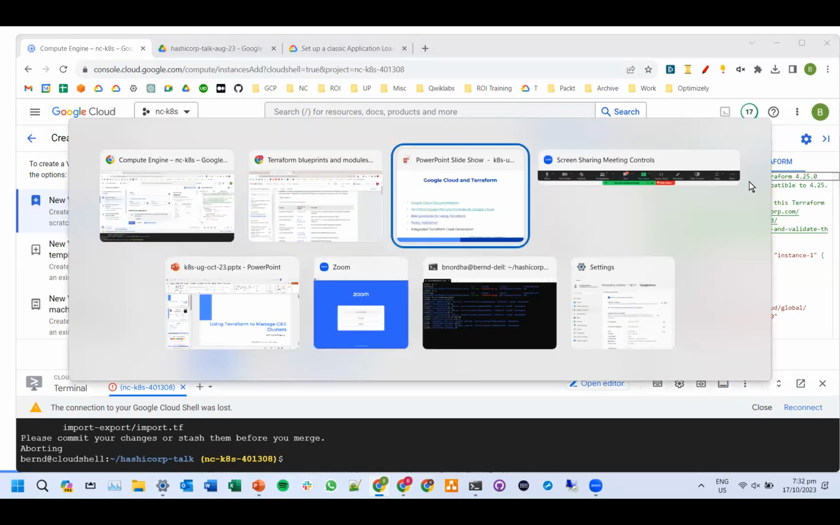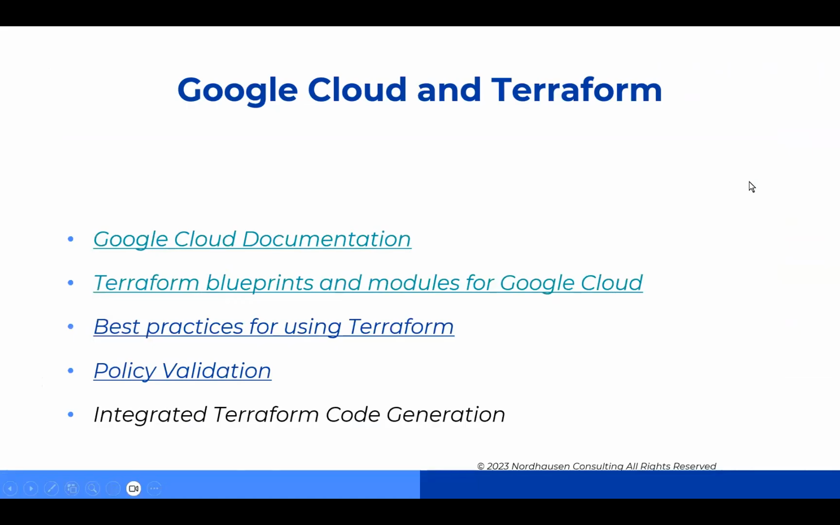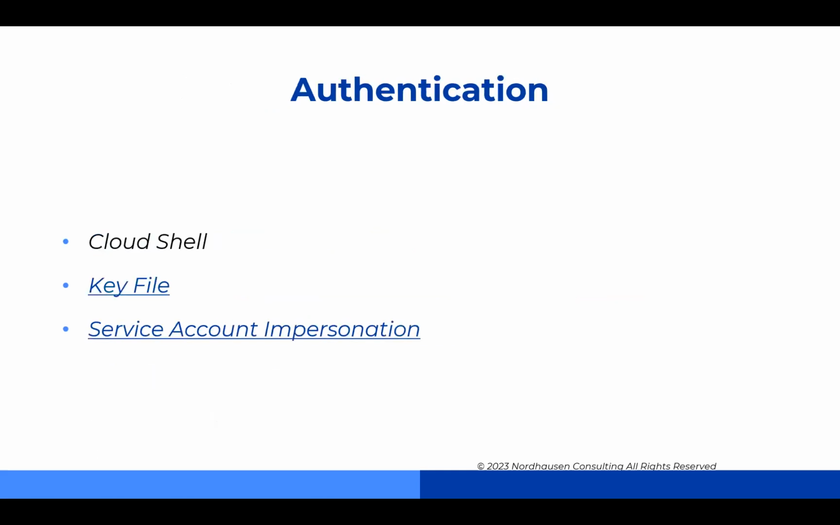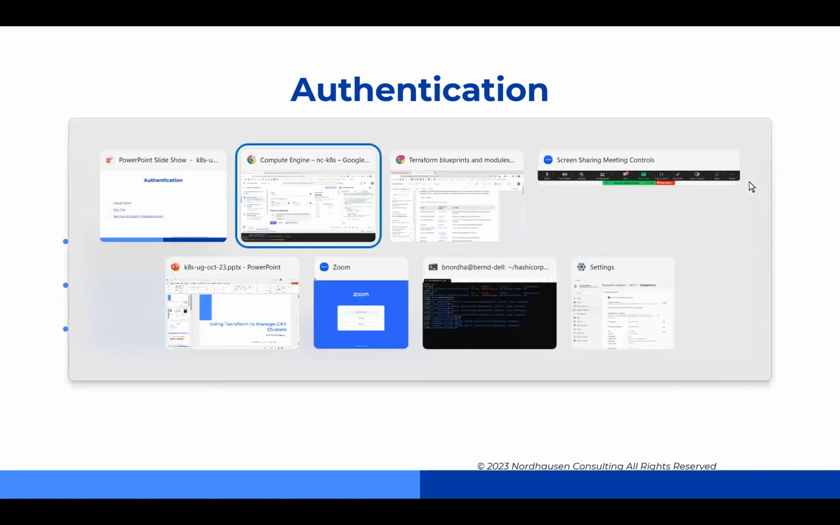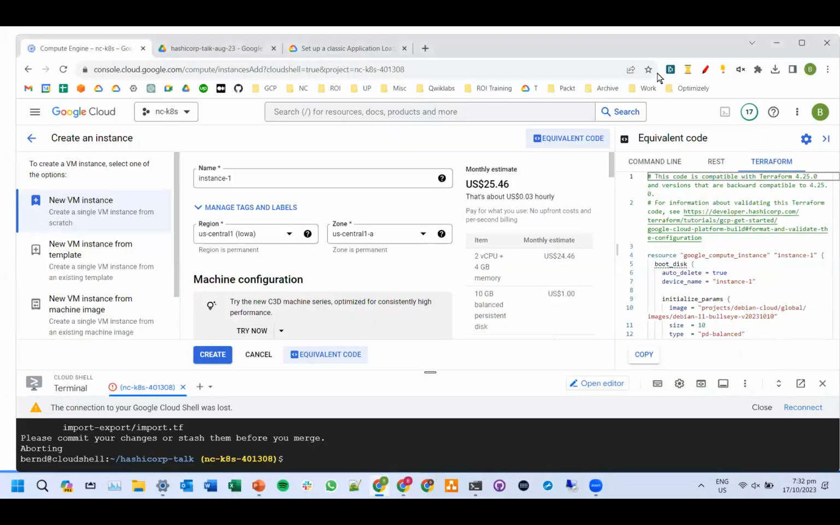What I really want you to take away from this is that for Google Cloud, Terraform is not something to add on. It's completely integrated, and they're fully behind it. Now, in Terraform, there's this authentication, and the easiest way to use Terraform in Google Cloud